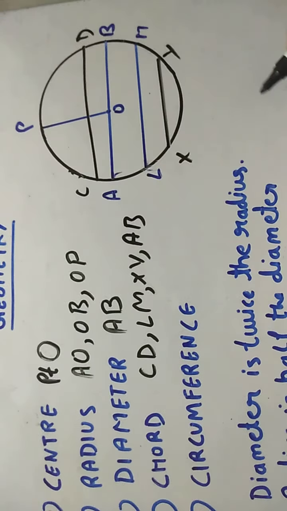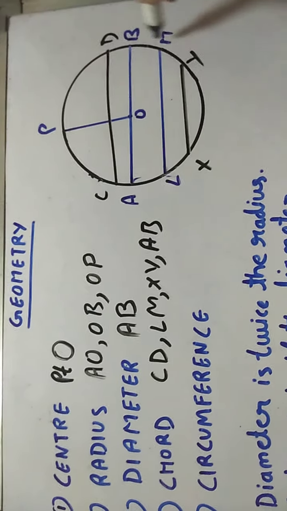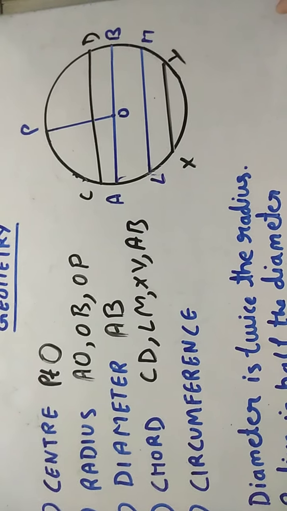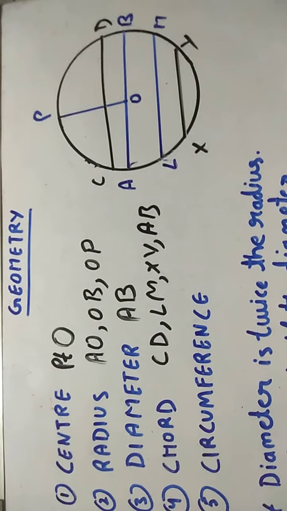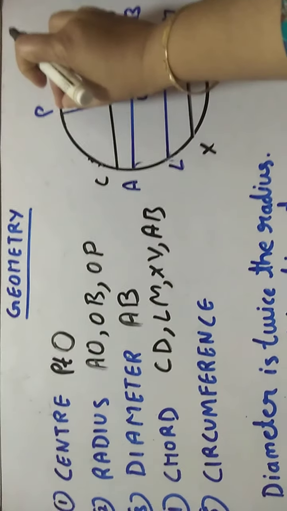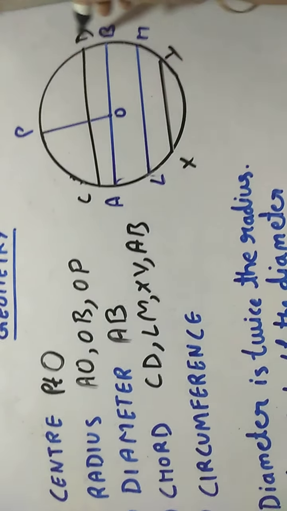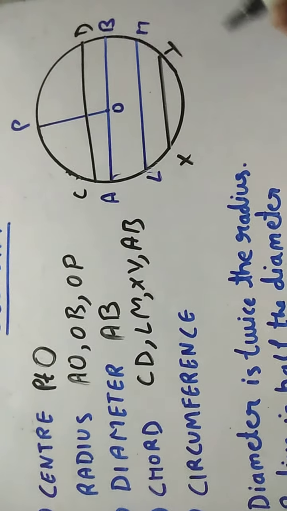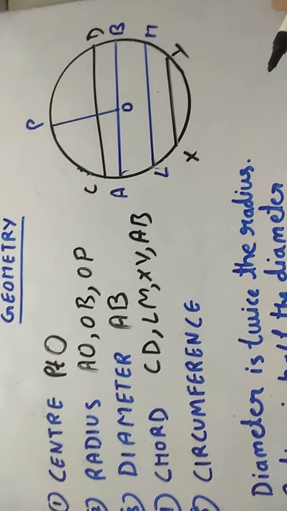Now let us come to circumference. Now children, you can see this boundary. The measurement of this boundary of the circle is the circumference. Okay, we can say that circumference is the perimeter of the circle. And what is perimeter? Perimeter is the measurement of the boundary of any closed figure. If I keep a thread here at the point P and I move that thread along the border of the circle till here, and then I cut it, the length of that thread will be the perimeter, and we can say that will be the circumference of the circle.